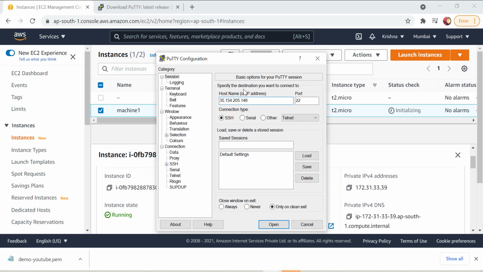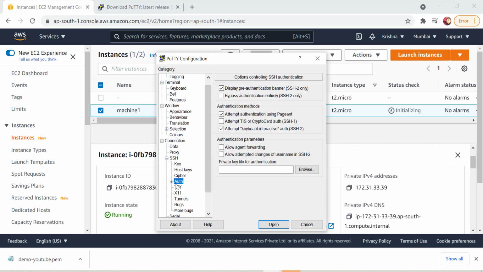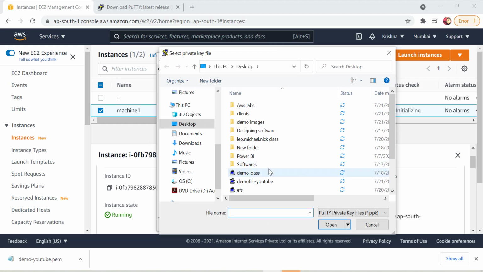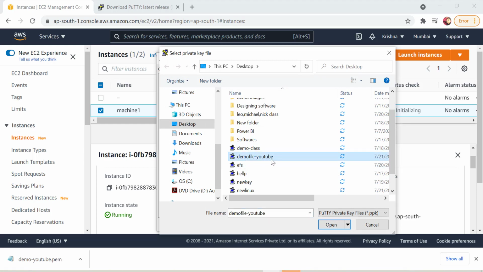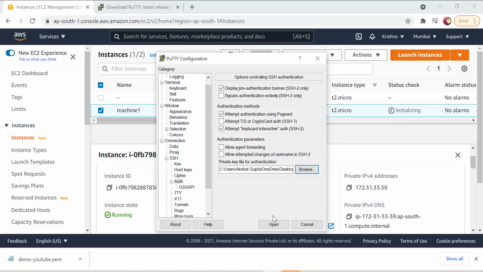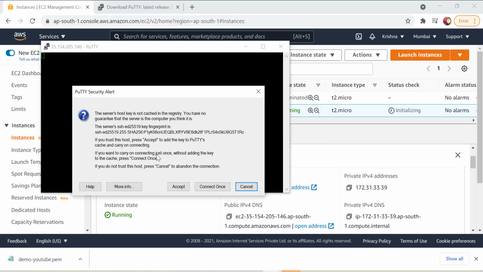It needs to be the public host name of your machine. Then under SSH authentication, you need to click on browse, and select the demo file YouTube I have created. It shows the location, in C users, Akshat Gupta, OneDrive desktop. Let me open it.